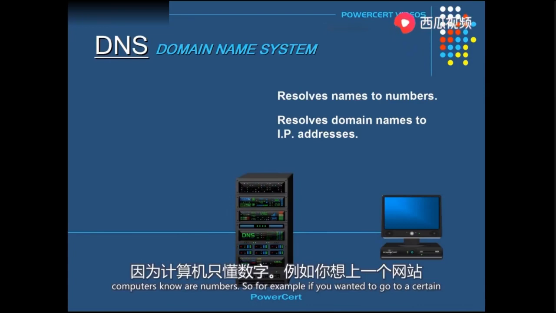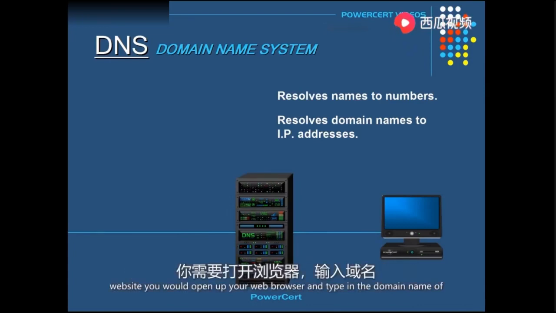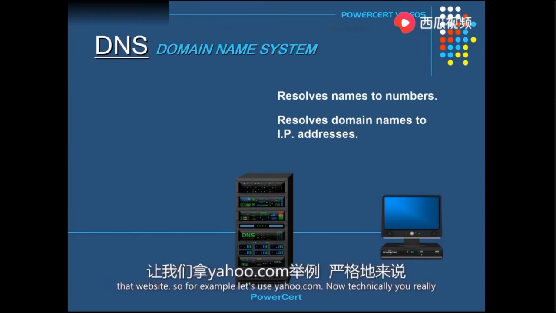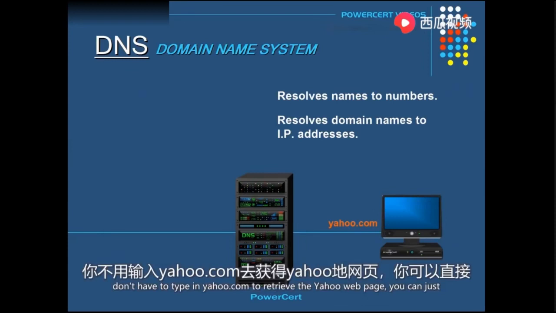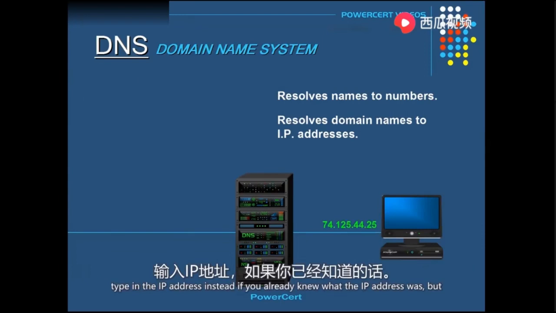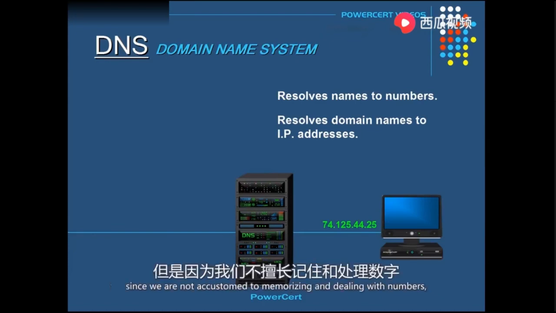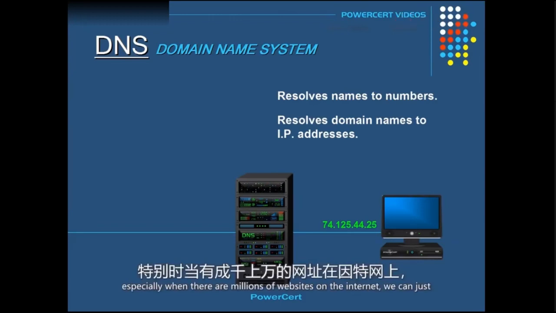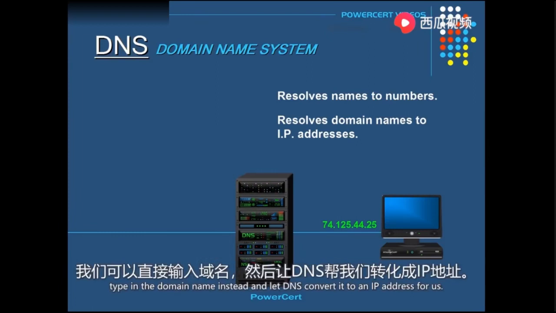So for example, if you wanted to go to a certain website, you would open up your web browser and type in the domain name of that website. So for example, let's use yahoo.com. Now technically, you really don't have to type in yahoo.com to retrieve the Yahoo web page. You can just type in the IP address instead if you already knew what the IP address was. But since we are not accustomed to memorizing and dealing with numbers, especially when there are millions of websites on the internet, we can just type in the domain name instead and let DNS convert it to an IP address